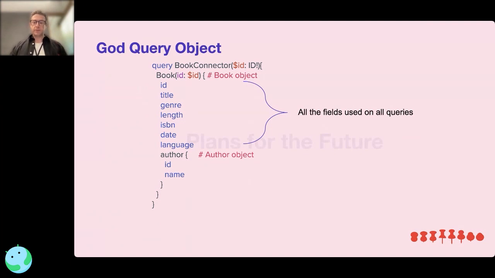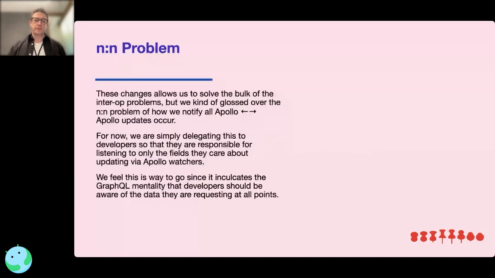So some quick plans for the future. We still have this little bit of an end-to-end problem, and these changes allow us to solve the bulk of the interop problems, but we kind of glossed over how we notify any Apollo to Apollo changes. And we're delegating this to developers, so they're responsible for listening to fields they care about and notifying via the watchers. So basically, this involves them actively watching the cache, which is done in the same way that you would watch any sort of cache, whether it's a memory cache, a SQLite database, or some sort of